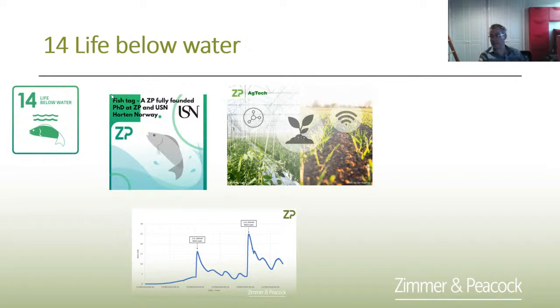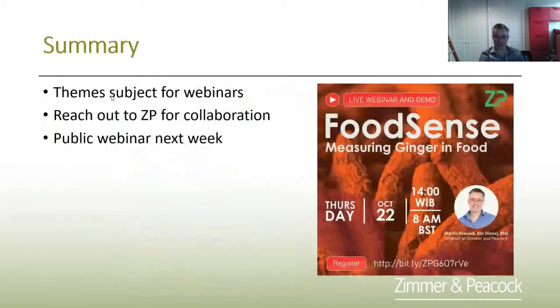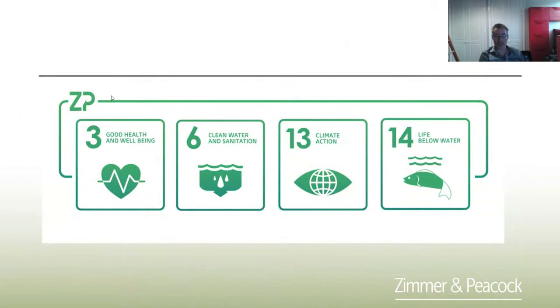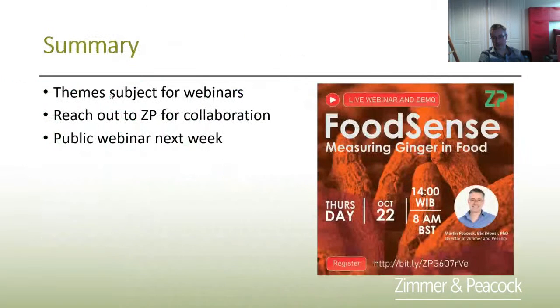So we do have technologies and projects, and I'm just naming two here, where monitoring the nitrate in the soil will mean that the right amount of fertilizer is put on, and then the basic chemical pollution of the water courses will be reduced. So I think it shows that if you're doing sensors in life, then you're probably doing a good thing for society in general. So we are definitely trying to align ourselves with the UN Sustainable Goals. I just want to mention that, and then I want to summarize.